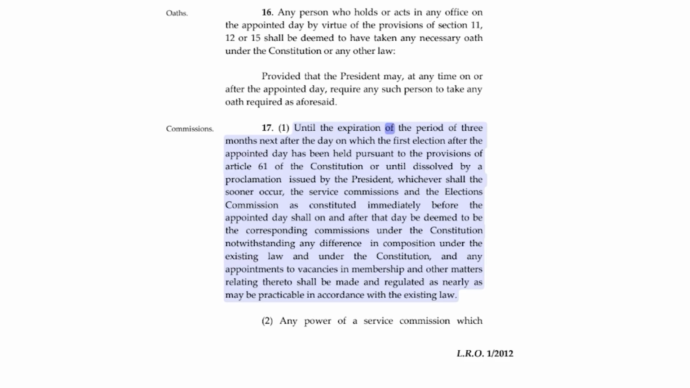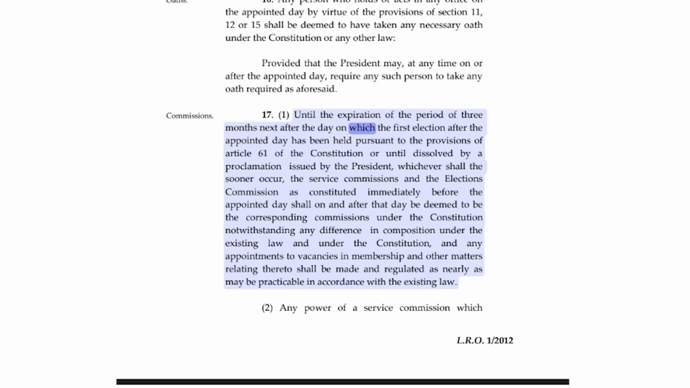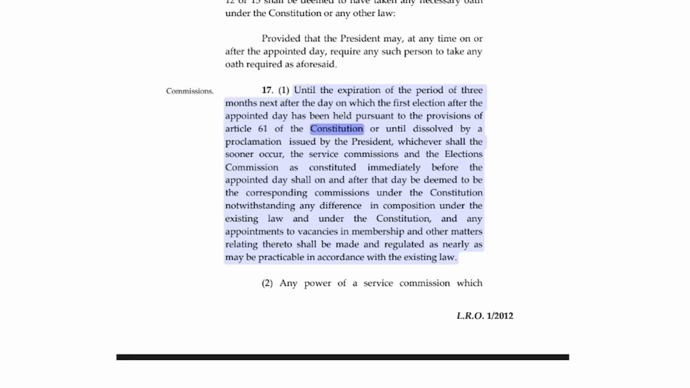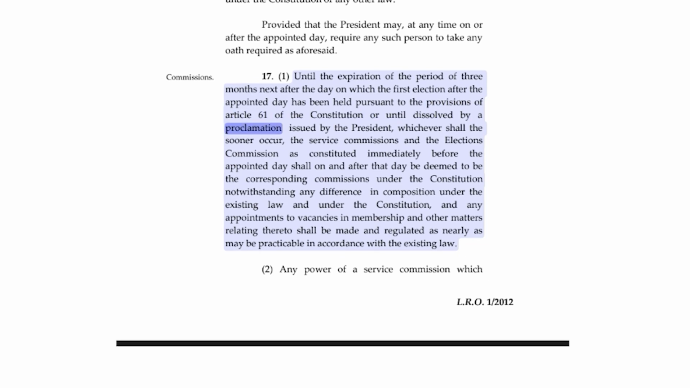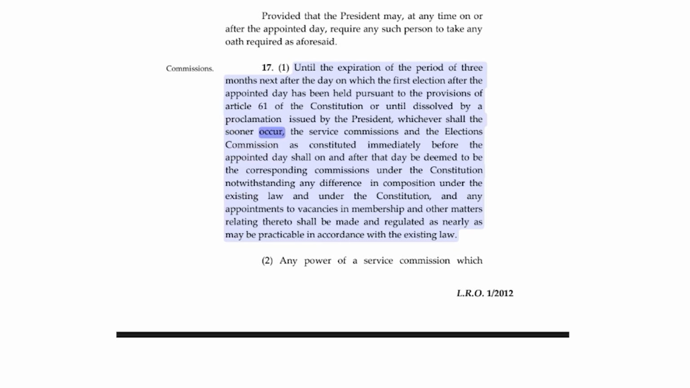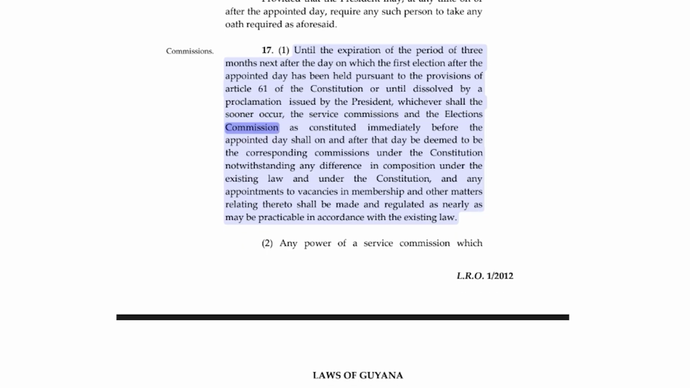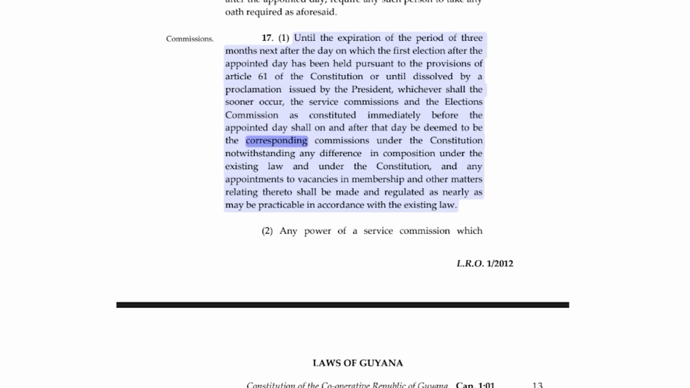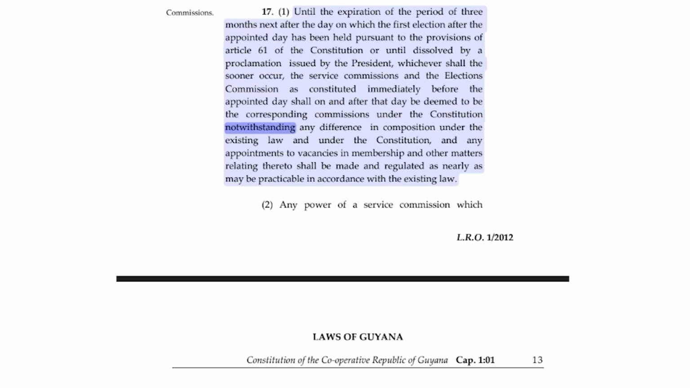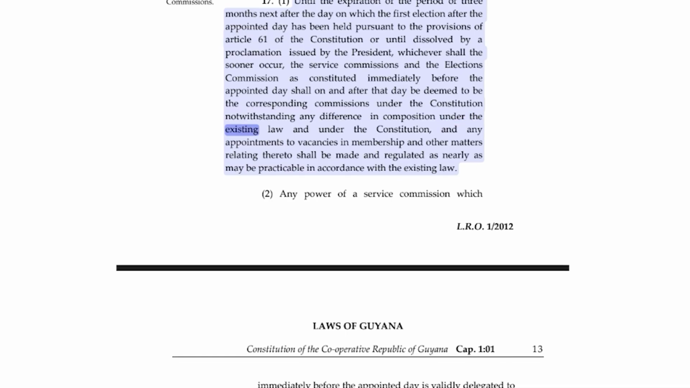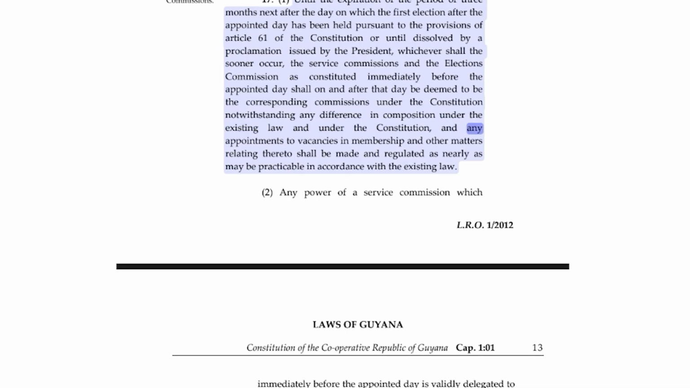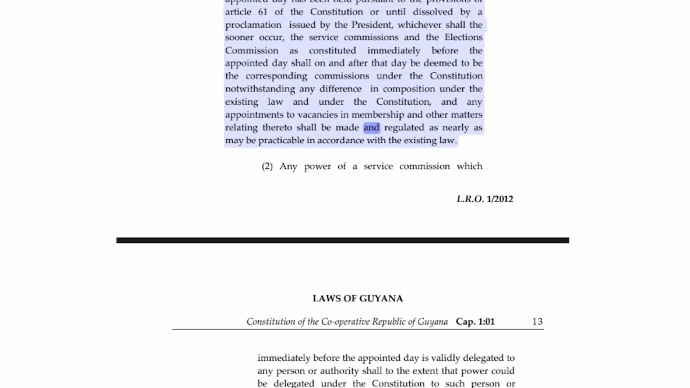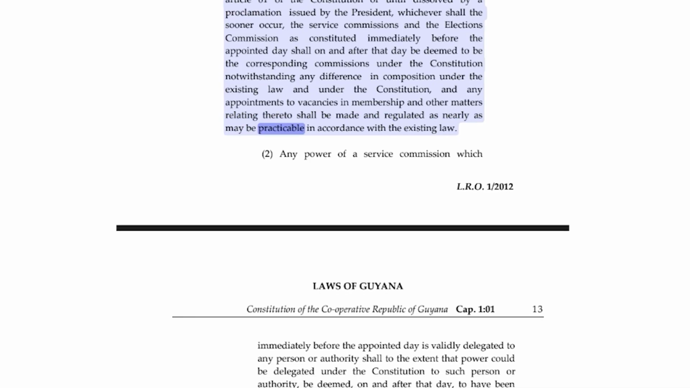Until the expiration of the period of 3 months next after the day on which the first election after the appointed day has been held pursuant to the provisions of Article 61 of the Constitution, or until dissolved by a proclamation issued by the President, whichever shall the sooner occur, the Service Commissions, and the Elections Commission, as constituted immediately before the appointed day shall on and after that day be deemed to be the corresponding commissions under the Constitution notwithstanding any difference in composition under the existing law and under the Constitution, and any appointments to vacancies in membership and other matters relating thereto, shall be made and regulated, as nearly as may be practicable in accordance with the